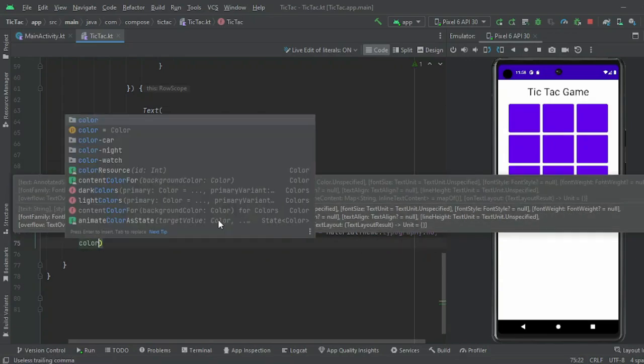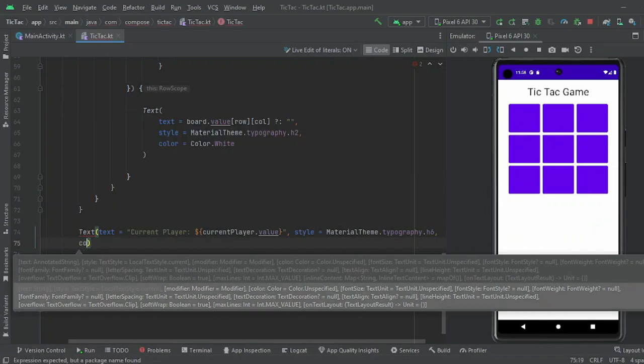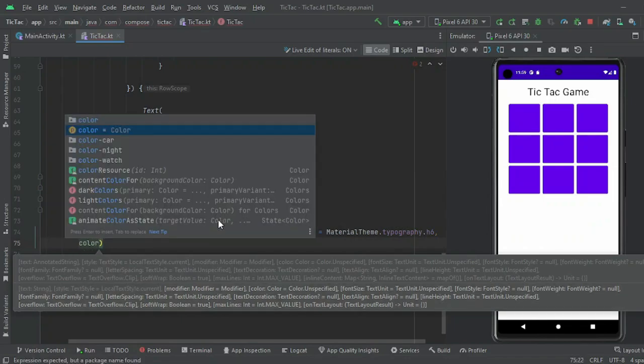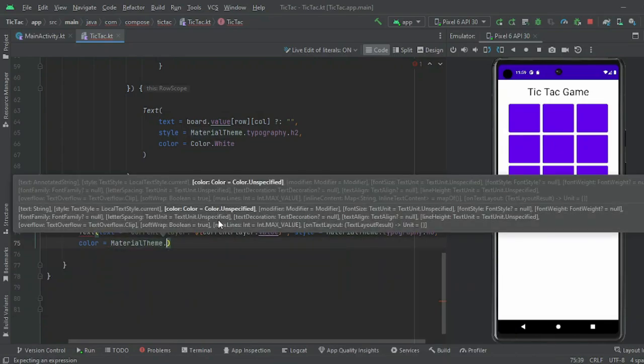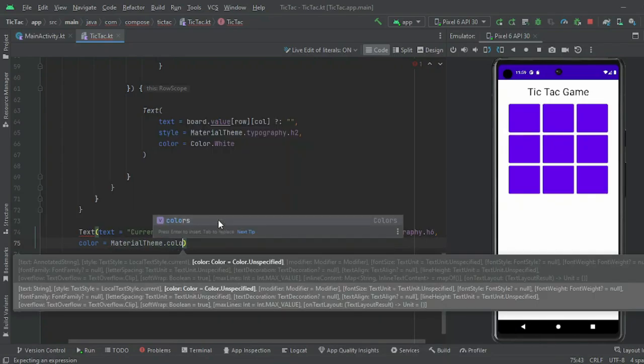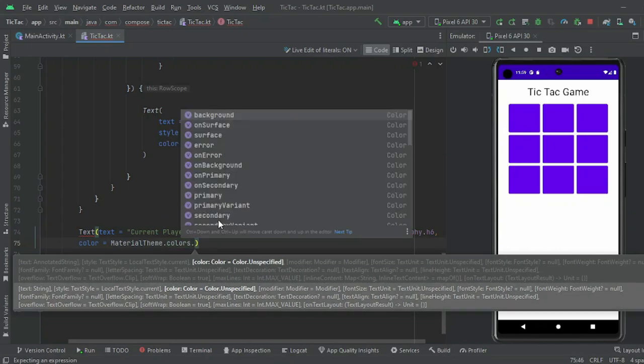So color, we chose the wrong one, we need the color variable function, sorry, and here we can say material theme dot colors dot on surface,